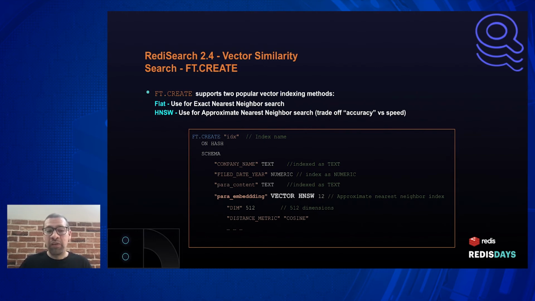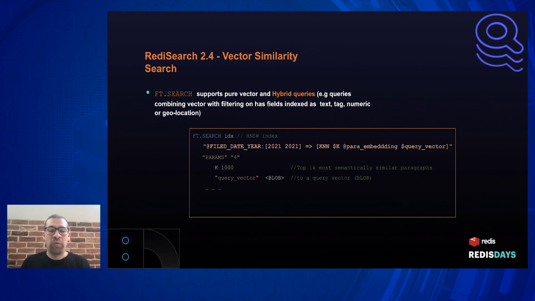There are additional fields in the hash that were indexed: the company name, the file, the year of the submission, and even the content of the paragraph, just as a text. The FT search command was extended to support pure vector and hybrid queries. These are queries combining vector similarity with filtering on any field that has previously been indexed as text, tag, numeric, or geolocation. In the code snippet in front of you, you see an example of the new extensions to FT